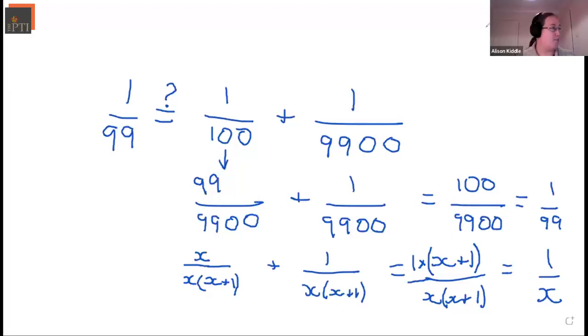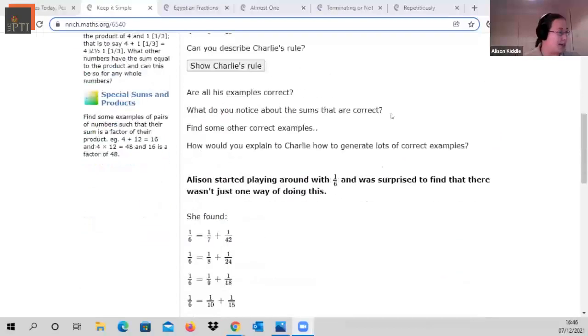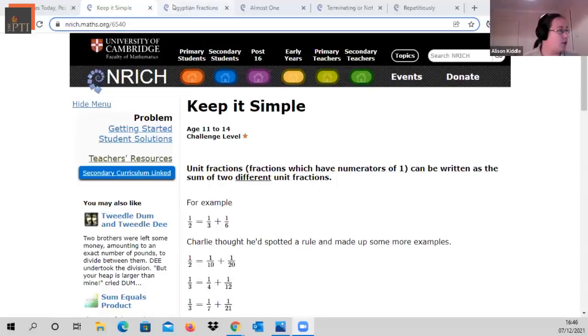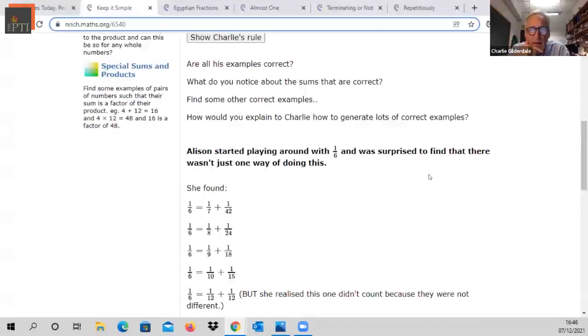Okay, so this problem then, let me just switch back to there. So this is called Keep It Simple. It's the first in a set of 3 problems on Enrich, and I want to show you the second problem in the set of 3, which is called Egyptian Fractions. Before you do that, Alison, can we just show them, if you go down a little bit in Keep It Simple,